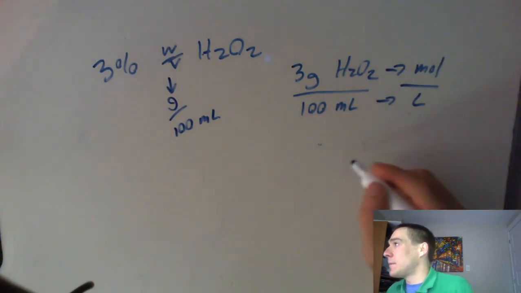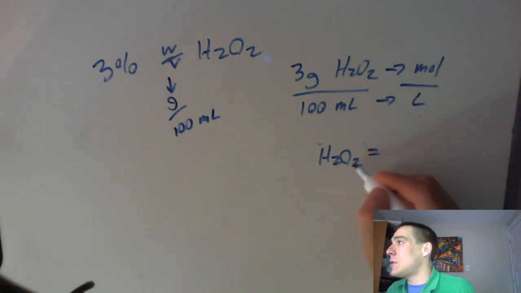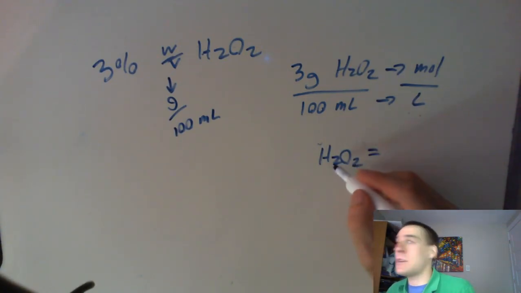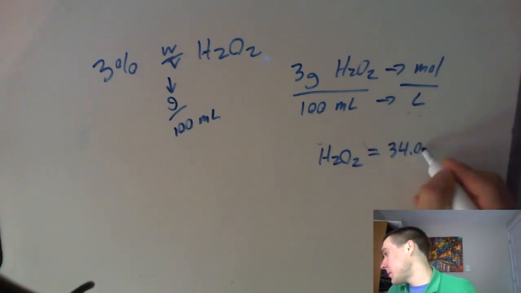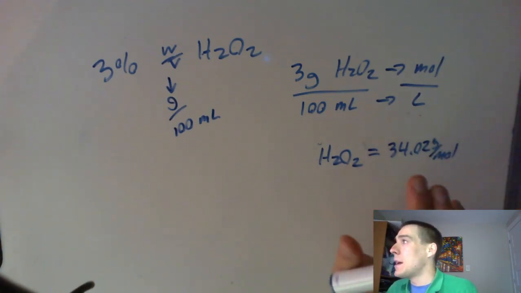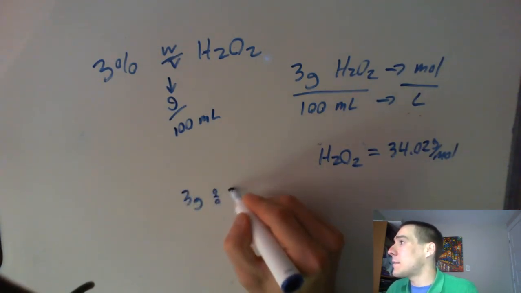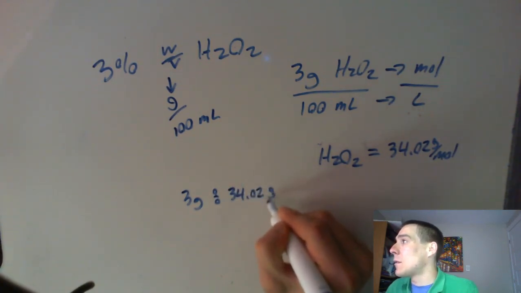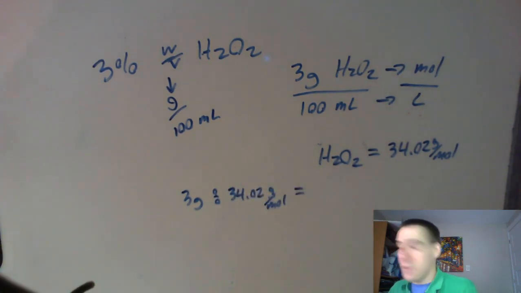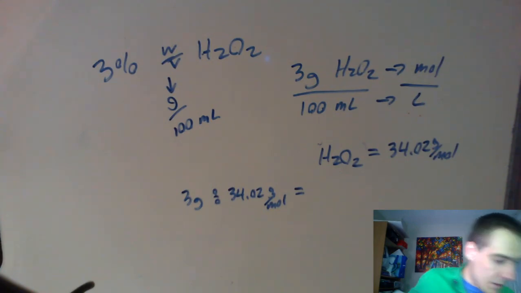So let's start with the molar mass of H2O2. Each oxygen is 16, so that's 32. Each hydrogen is 1.01, so that's 2.02. So it's 34.02 grams per mole. So 3 grams, we're just going to straight divide because that's what we did last time: 3 divided by 34.02 is 0.088